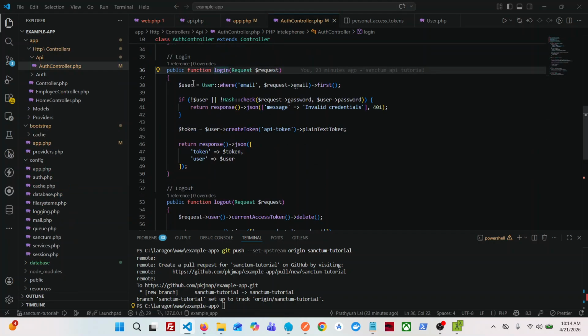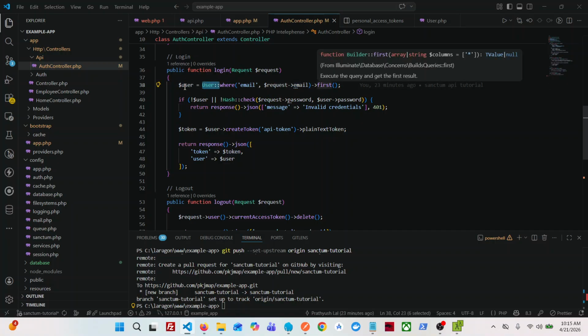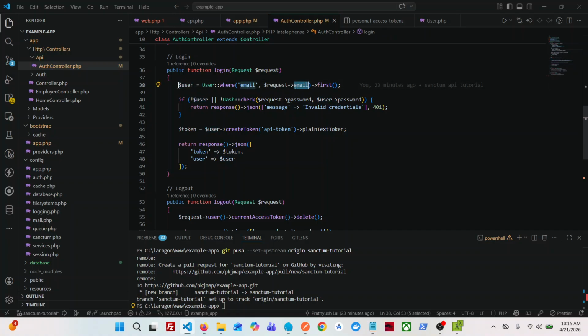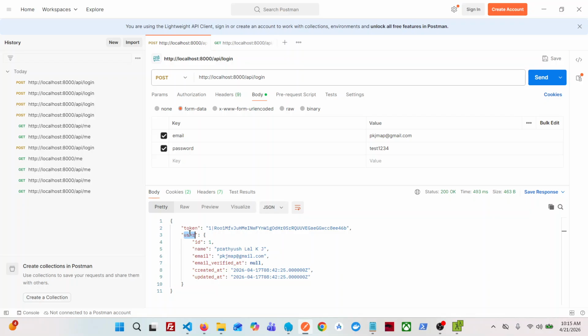This function will be executed, and it will receive the request email and check it with the user model, and if there is an existing user, then that user data will be stored inside the user object. We are passing two items, email and password. The same is handled here: email is checked, and if the user is there, it will execute this part and then return the token and user object. You can see the token and user object here. This token is very important. We need to copy it and use it in other endpoints like